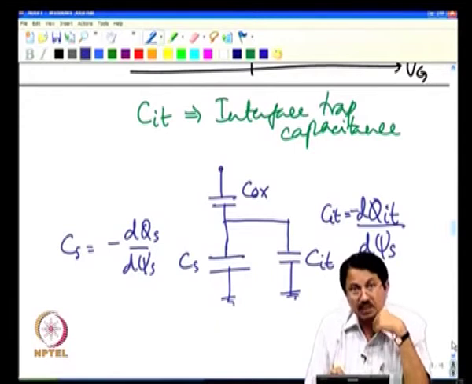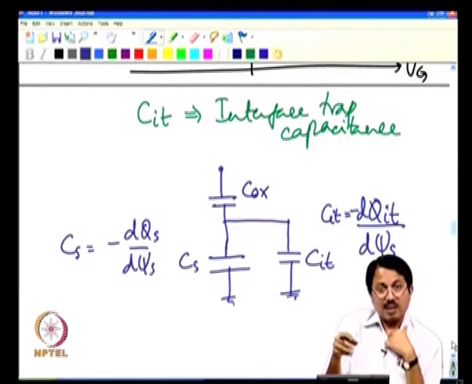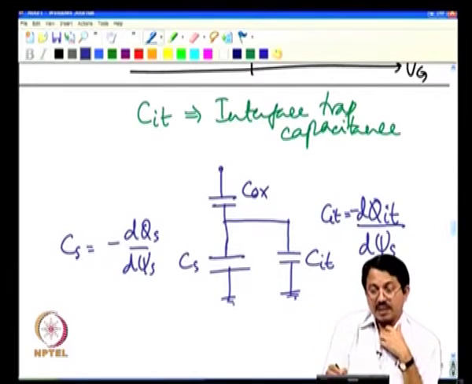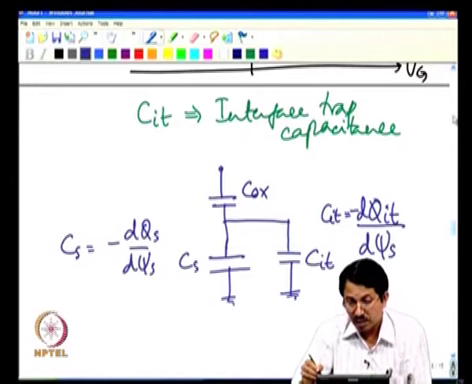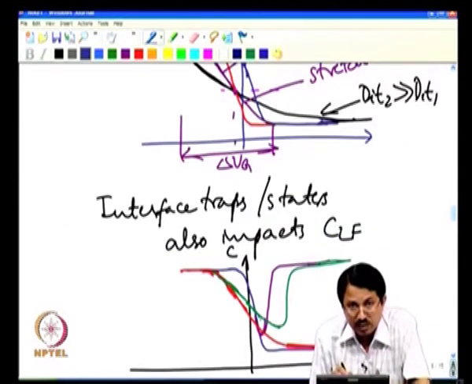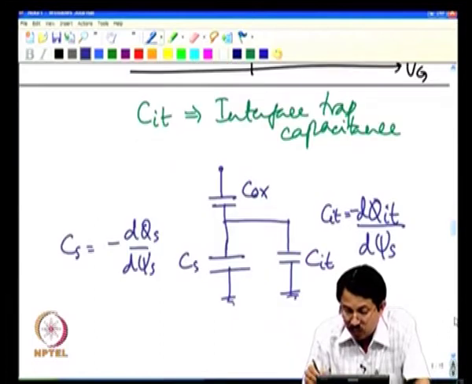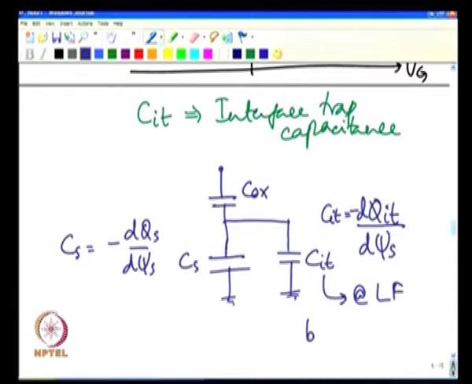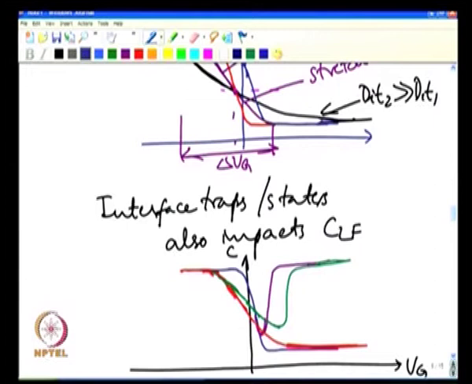When I am doing low frequency measurement, my frequency is so low that I am giving enough time to fill these traps, empty these traps. As a result of that, the CIT will come in only at low frequency, and hence this is what you see. So, CIT at LF, but not at HF, right, makes sense, right, and hence at any given point here, at